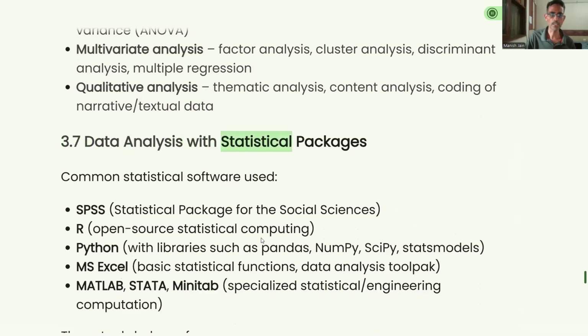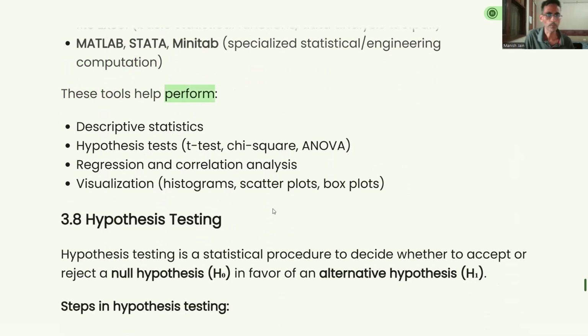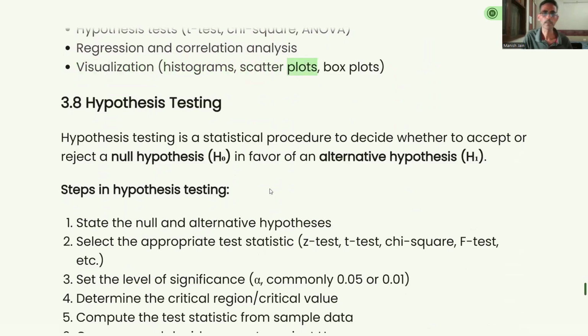3.7 Data analysis with statistical packages. Common statistical software used: SPSS, the Statistical Package for the Social Sciences. R, open-source statistical computing. Python, with libraries such as Pandas, NumPy, SciPy, StatsModels. MS Excel: basic statistical functions and the Data Analysis ToolPak. MATLAB, Stata, Minitab: specialized statistical and engineering computation. These tools help perform descriptive statistics, hypothesis tests (t-test, chi-square, ANOVA), regression and correlation analysis, and visualization such as histograms, scatter plots, box